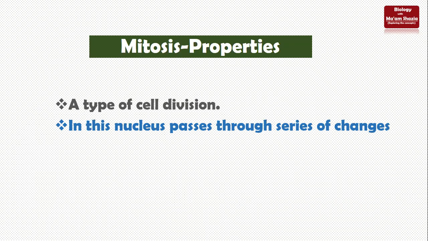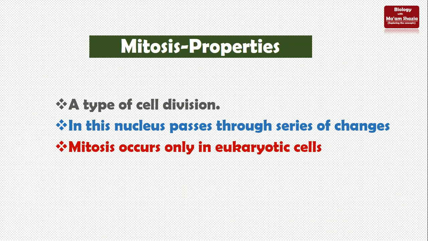It's a series of changes through which the nucleus has to pass, and it always occurs in the eukaryotic cell. Prokaryotic cells cannot go through the process called mitosis. They go through a process called binary fission, right? So for prokaryotes, there is a binary fission process through which they can divide their nuclei, which is a simple